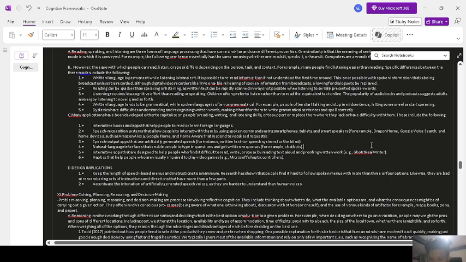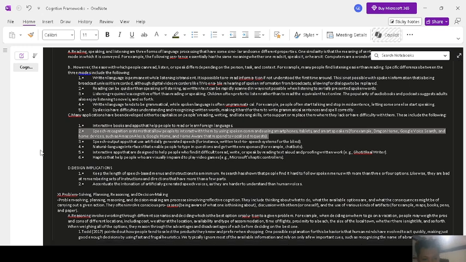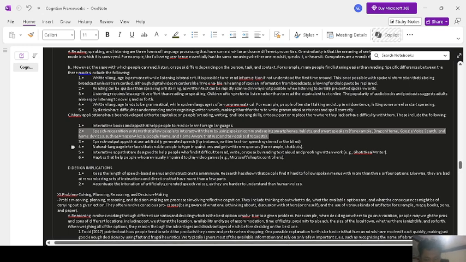For example, Dragon Home, Google Voice Search, and home devices such as Amazon Alexa, Google Home, and HomeAware that respond to vocalized requests. So another thing here is this speech recognition, which we've discussed in interface.